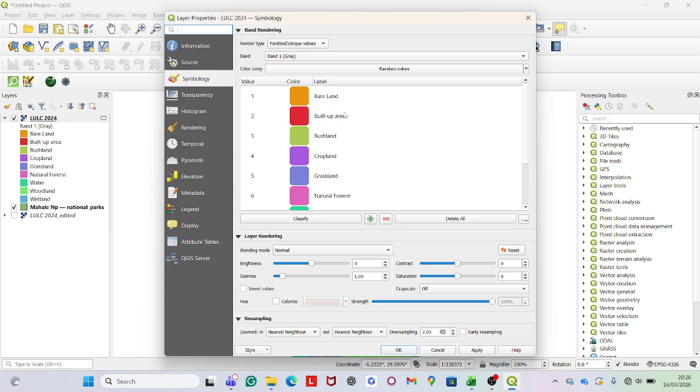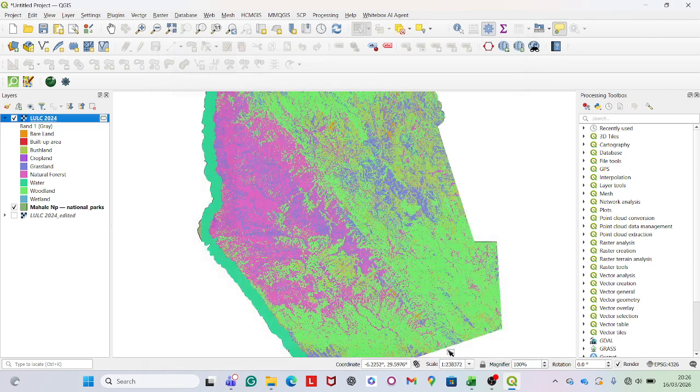We have the bare land, the build-up area, bushland, cropland, grassland. So what we are going to see is the area that covers the bare land, the build-up, the bushland, the crop, grassland, and so forth. To do so in QGIS, we are simply going to convert